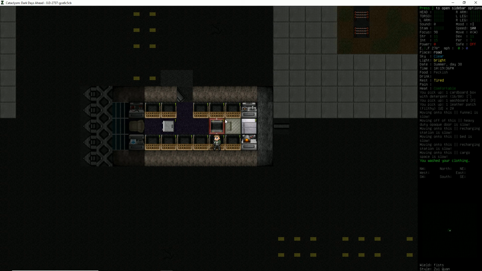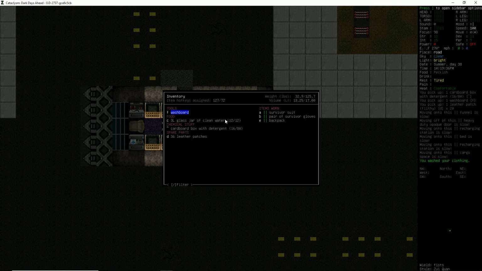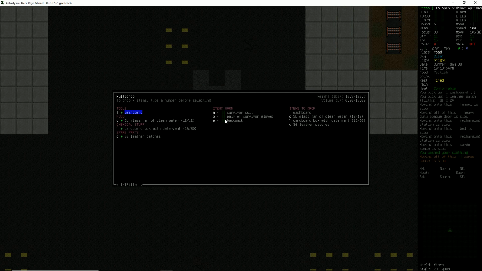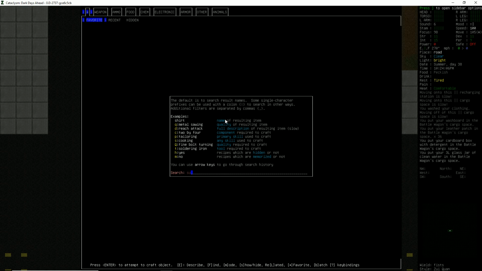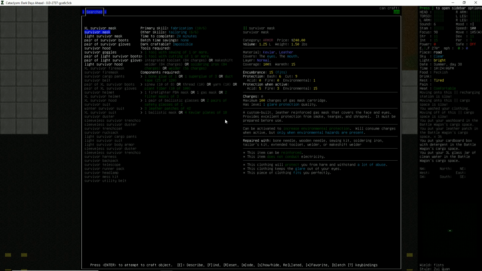Detergent. You wash your clothing. Did it wash everything? Okay, there we go. Gosh, I don't know why I had so much trouble getting this stuff cleaned up. So, note to self, have everything you want to wash in your inventory, including the detergent and the washboard, apparently. Right, so in that case, we should be ready to make the rest of our...